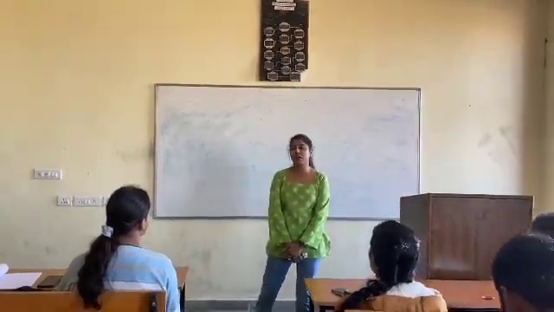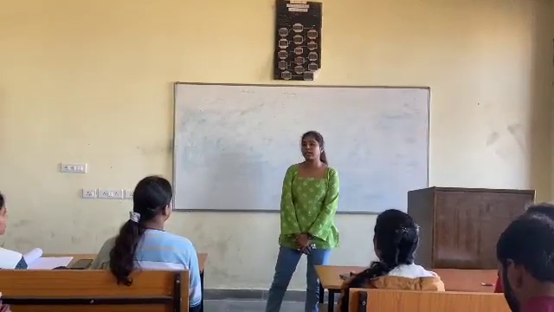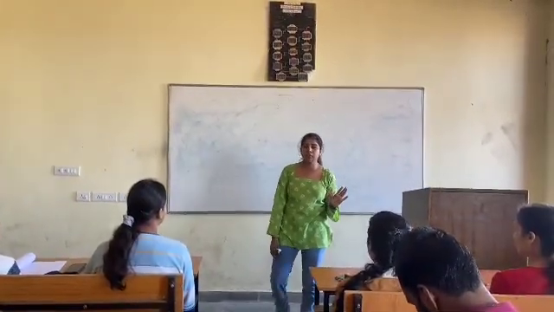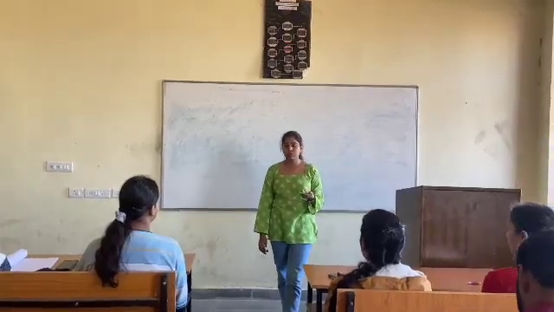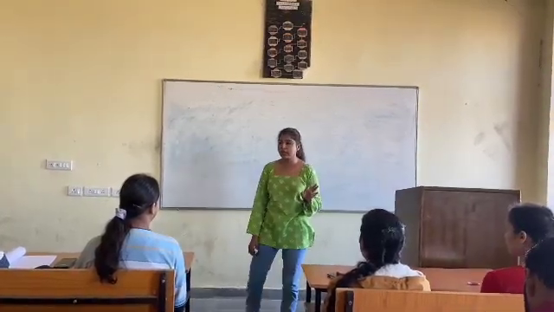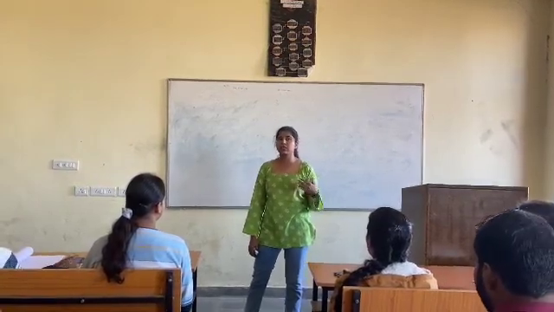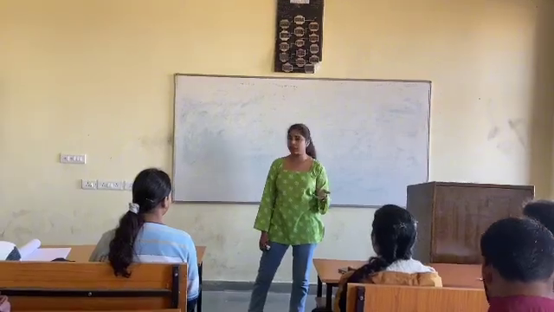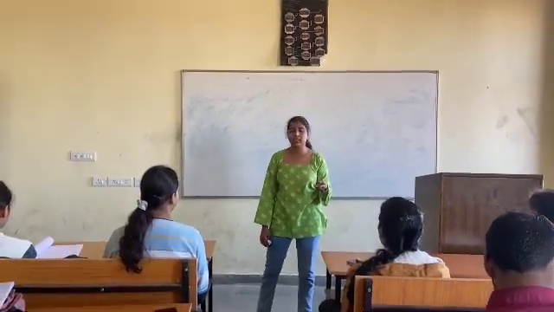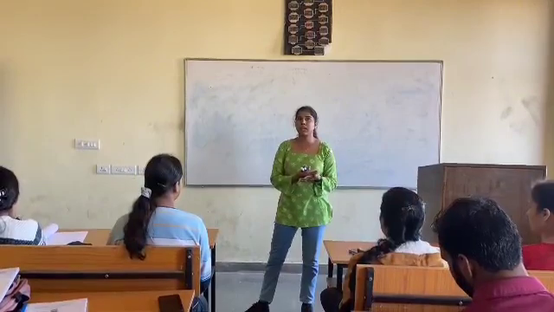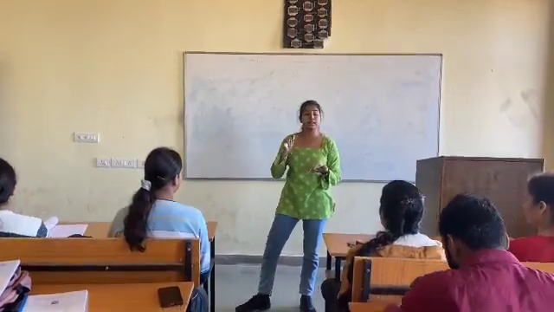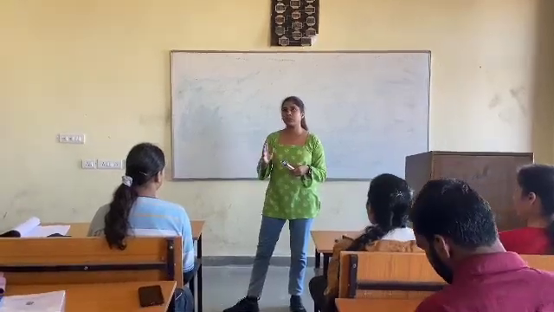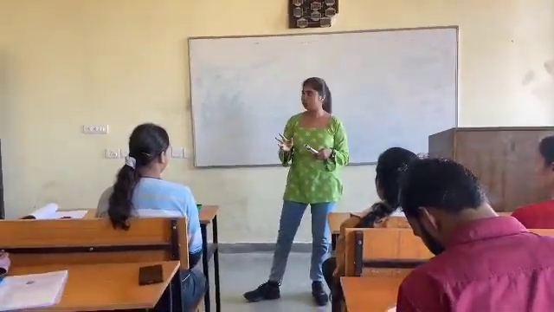Basic topic which is half adder and full adder. So let me give you a quick introduction of half adder and full adder. Half adder is something in which we give two one-bit binary digits, which is 0 and 1, and which gives us result which is sum and carry. And in full adder we give three inputs, that is in which we have 8 combinations of binary digits, and with which we get output of sum and carry both.